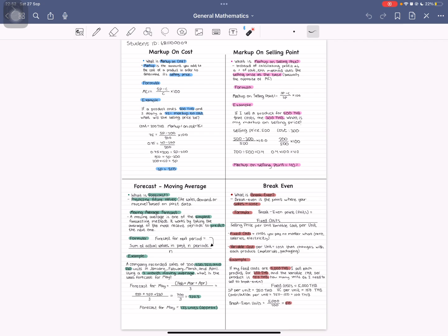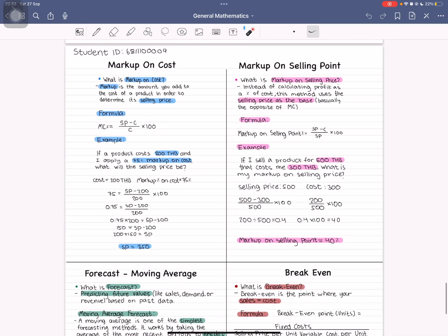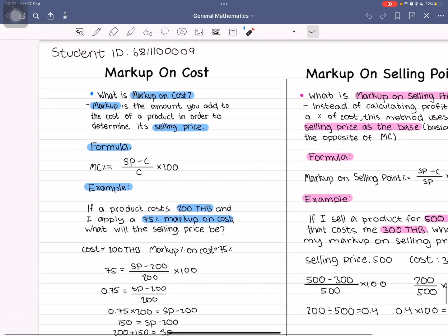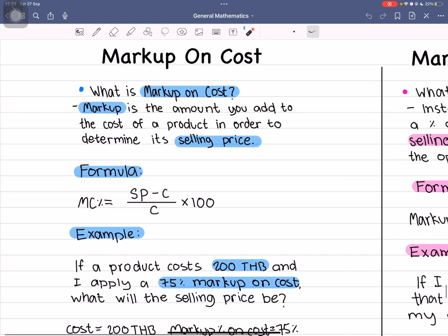So let's start on the first topic, which is markup on cost. What is markup on cost, you ask? Or if you didn't, I'll tell anyways because it's my job. So markup is the amount you add to the cost of a product in order to determine its selling price. And the formula for this one is markup on cost percentage equals selling price minus cost over cost times